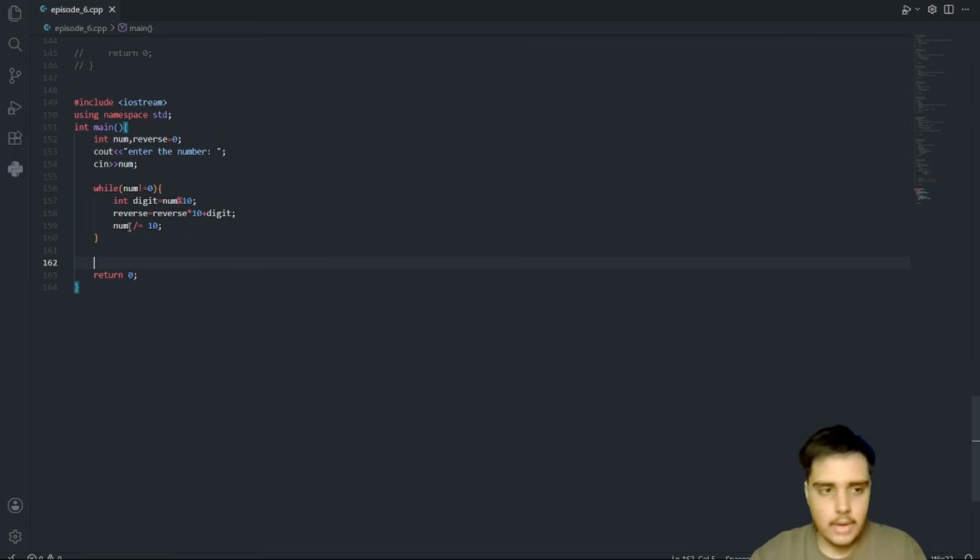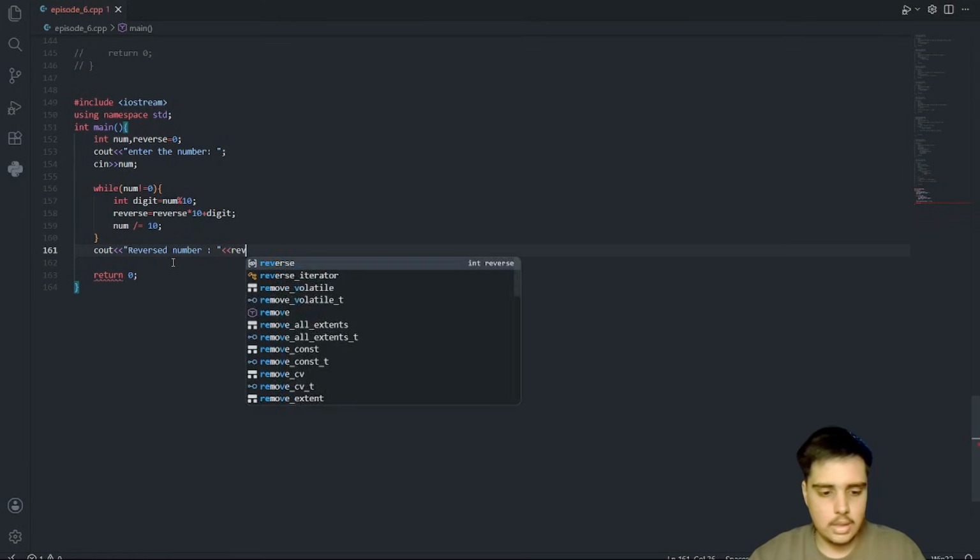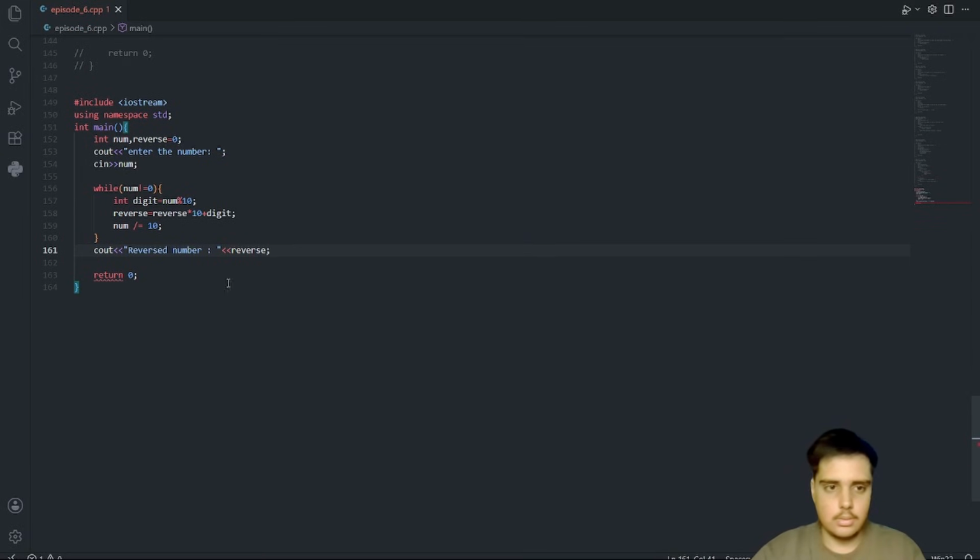So I believe our while loop work is done. So simply we will say cout reversed number, and I will say reverse here.